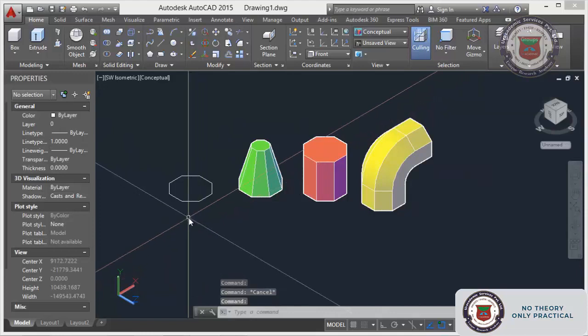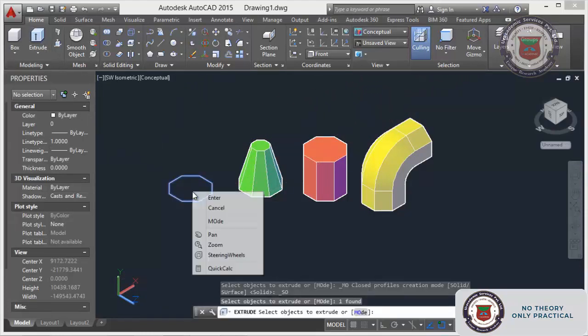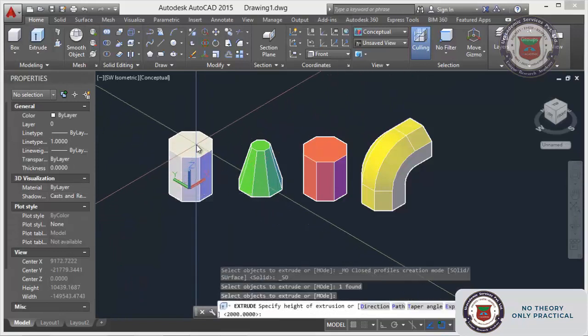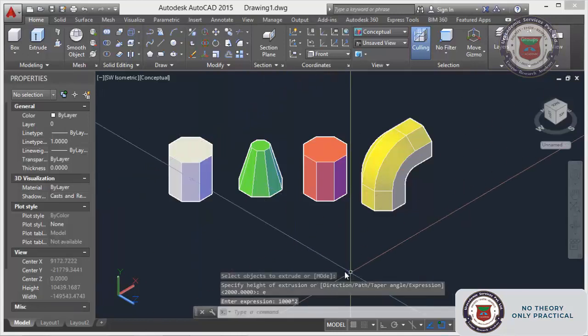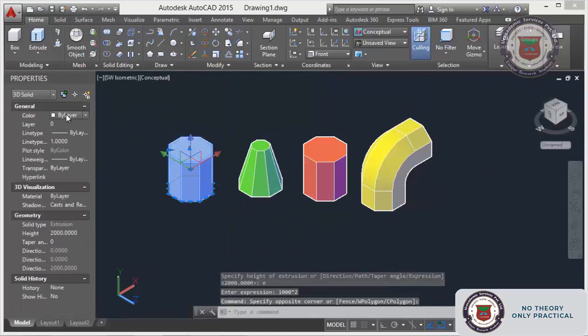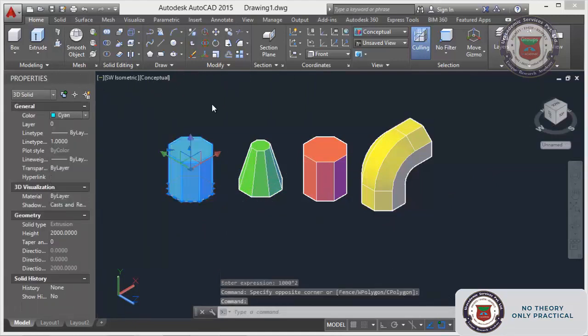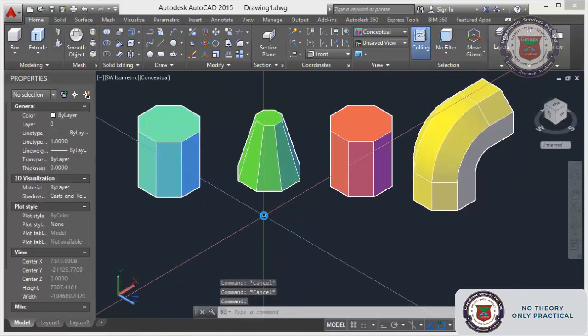Next is extrusion. Just enter, click, enter, E. 1000 star 2. That's all. I think you understood all the options in the extrusion command.